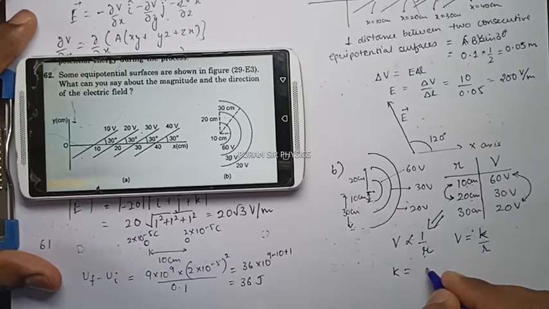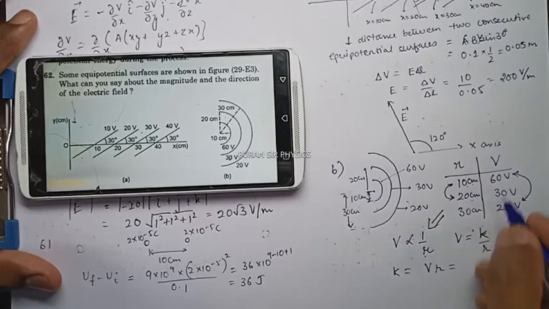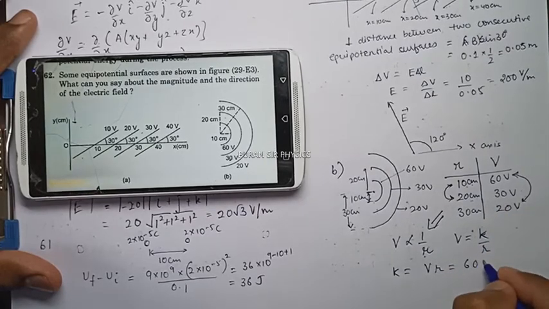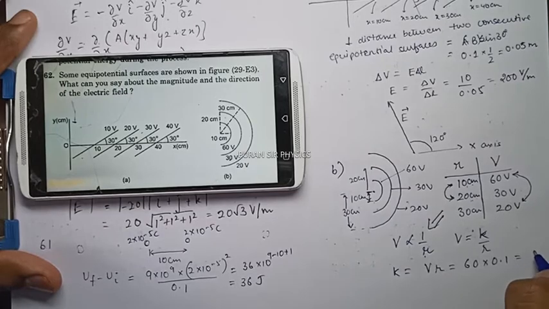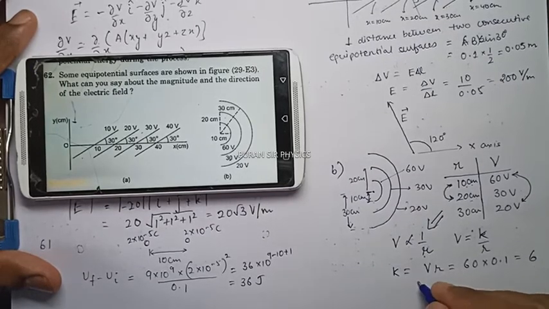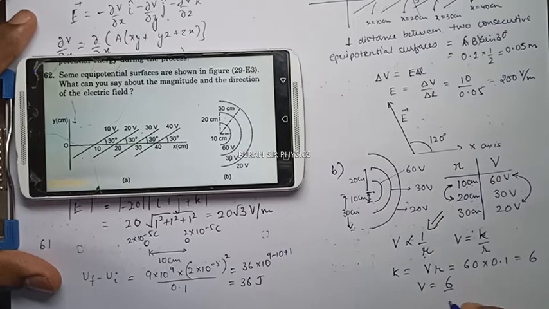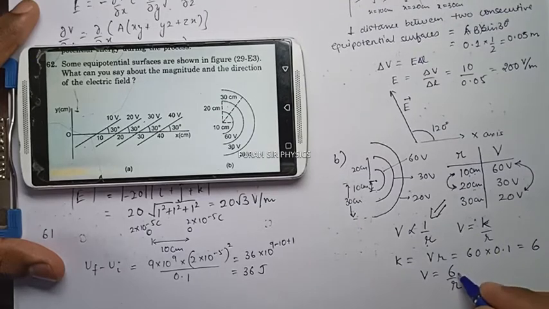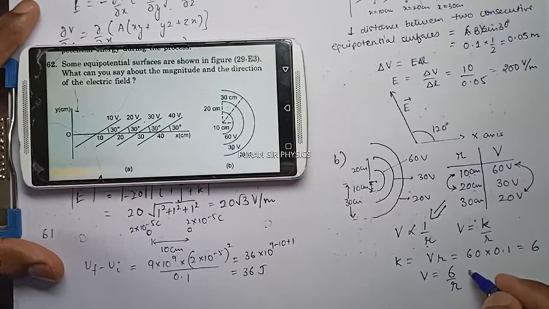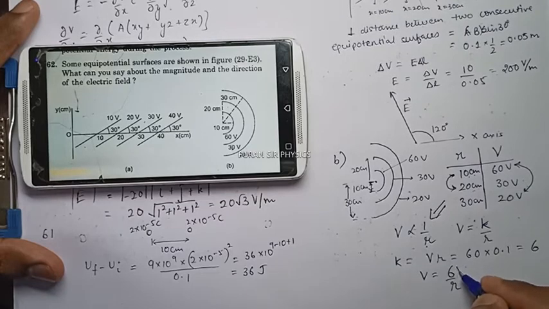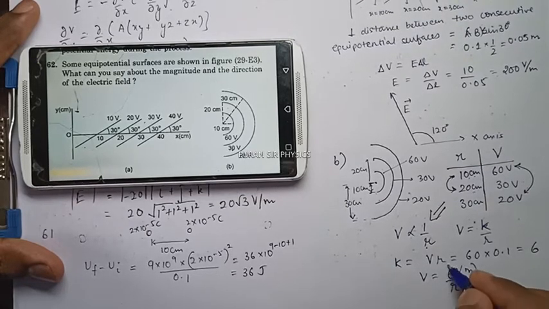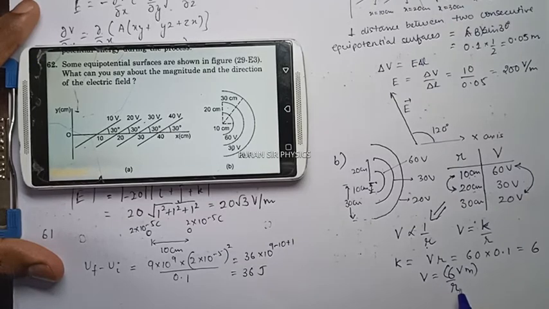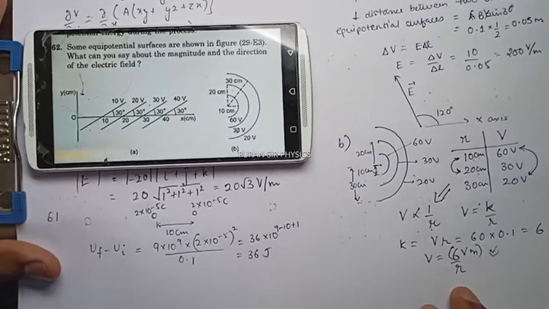So K will be V into R. If we take the first value, 60 into 0.1, the constant will be 6. So V comes out to be 6 by R. And this constant will be in volt meter. So if we divide it by the radius, the meter will cancel out and we will get volts. So this is your voltage, and from here now we have to calculate the